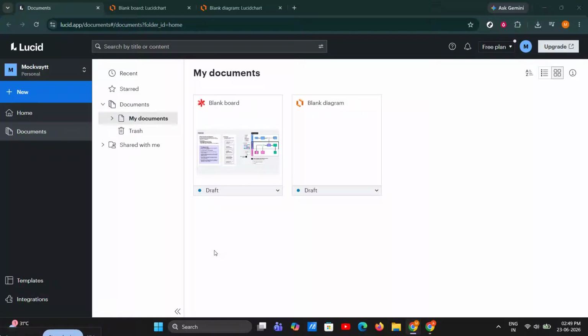In this video, I'm going to show you how to download a Lucidspark board step by step, so you can save your work as a PDF, PNG, JPEG, or SVG in just a few clicks. This is super helpful if you need to share your board, print it out, back it up, or keep a